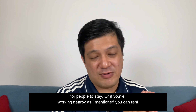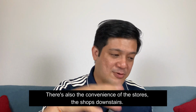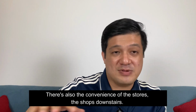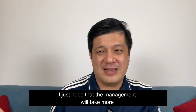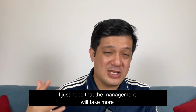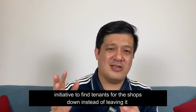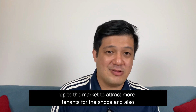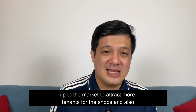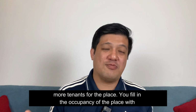or if you're working nearby, as I mentioned, you can rent. There's also the convenience around the store, the shops downstairs. I just hope that the management will take more initiative to find tenants for the shops downstairs instead of leaving it up to the market to attract more tenants for the shops and also more tenants for the place. You fill in the occupancy of the place